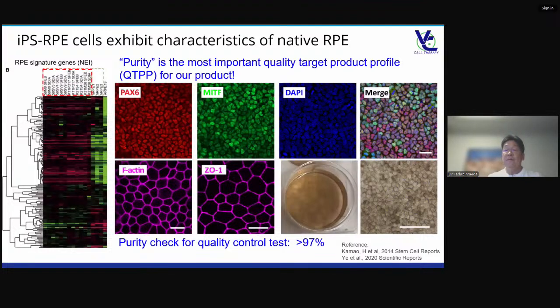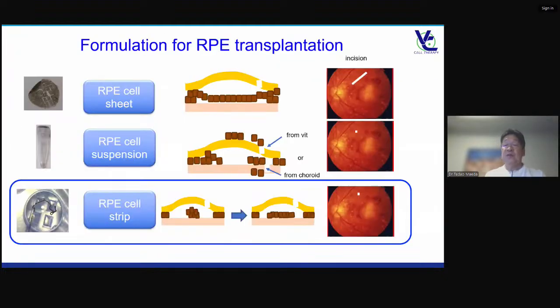As quality assurance of RP product, we evaluated characteristics of iPS RP cells with various methods. The purity is the most important target profile of our product. The purity is more than 97% every time. So far, we tested 3 types of formulation: RP cell sheet, cell suspension, and RP cell strip